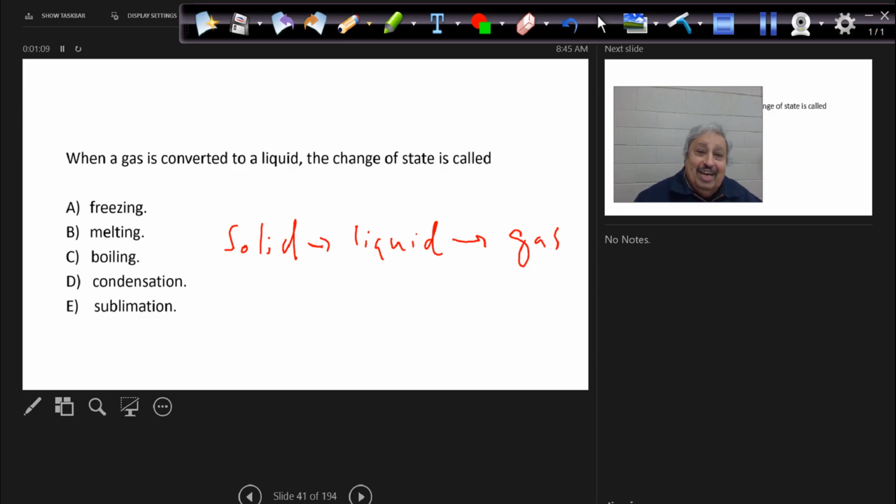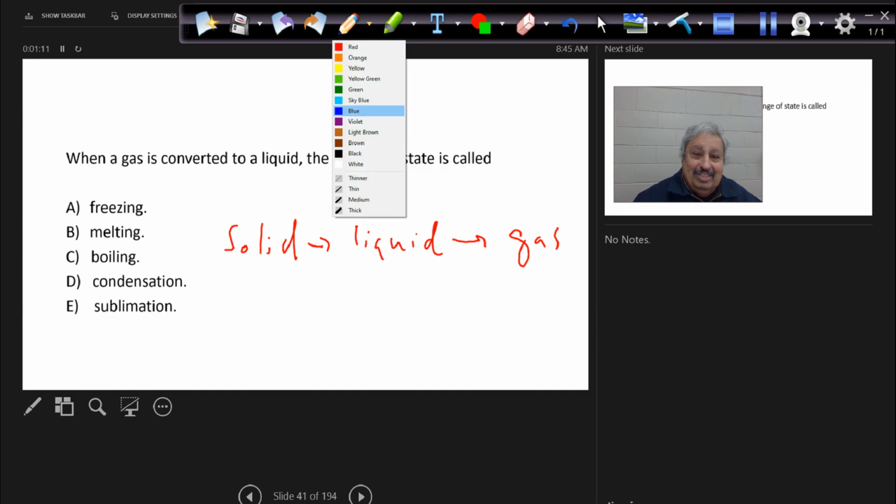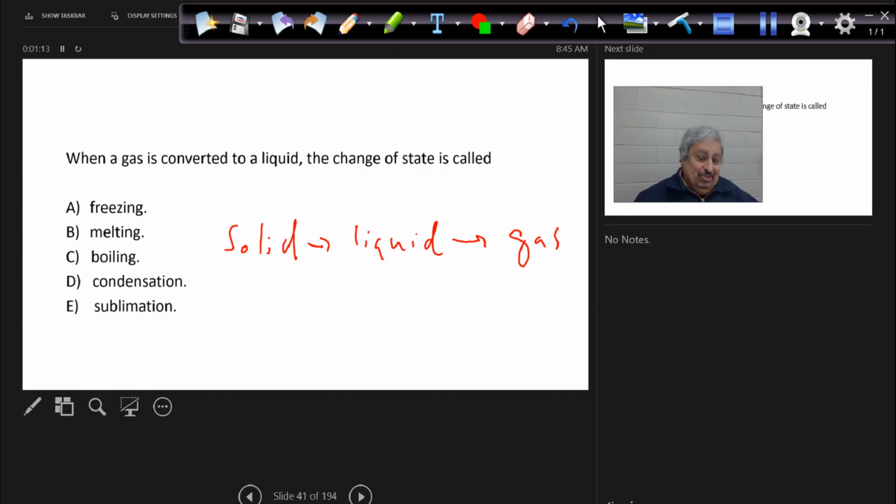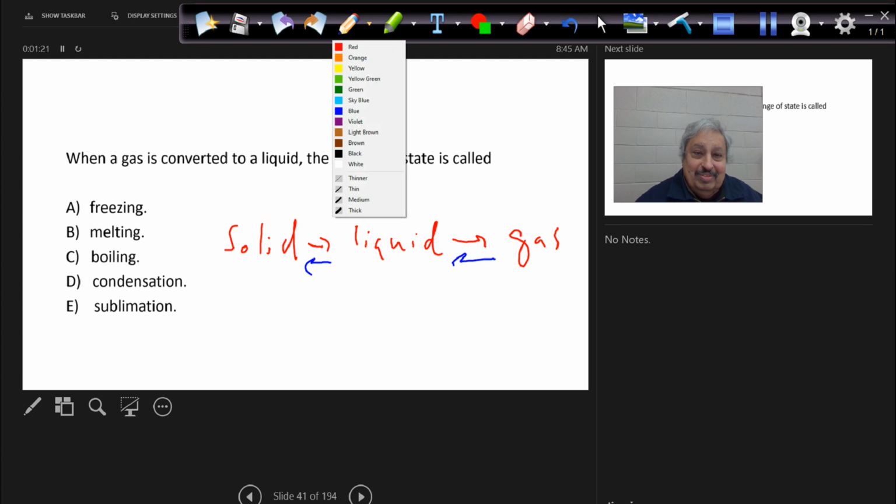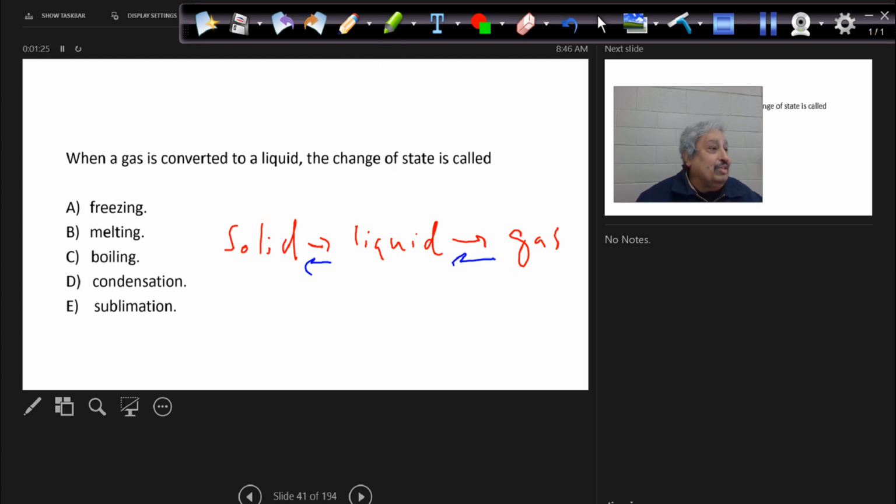So now if I want to go back and look at the whole thing in the physical processes, correct? It goes back, back, and back here. So going one way, from solid to liquid, what do I call this one here, the top? What do I call it? You can see it.